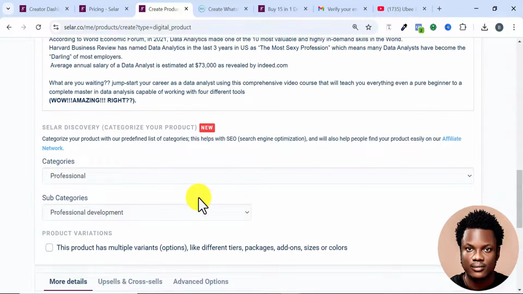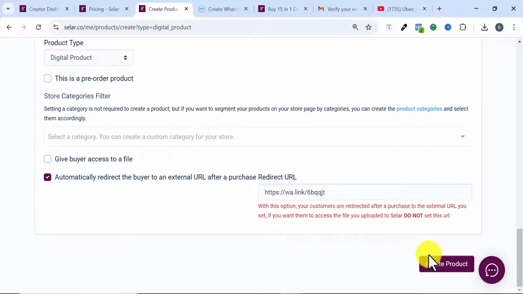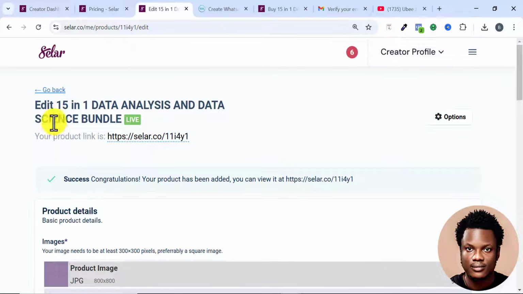All right, so once you check that everything is fine, just scroll down and click on create product, and then guys, you can see that our product has been created successfully, and here we have the link to access that product. You can see the link is here. So if I copy this link,